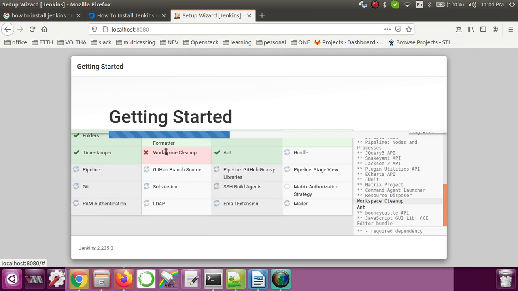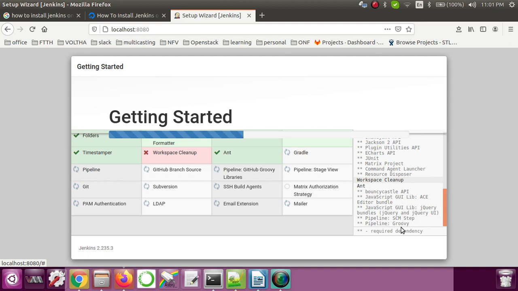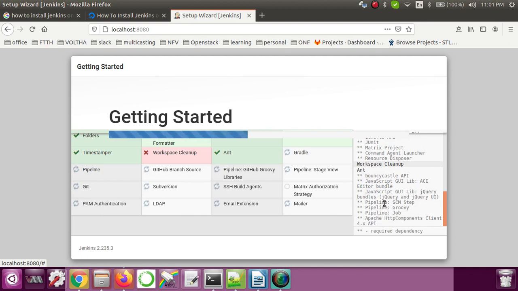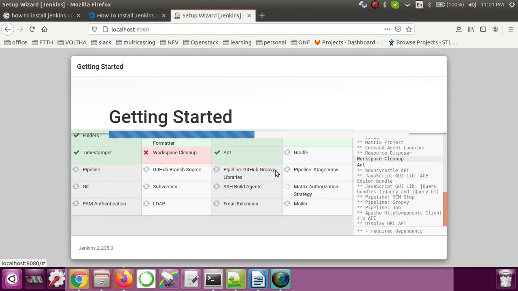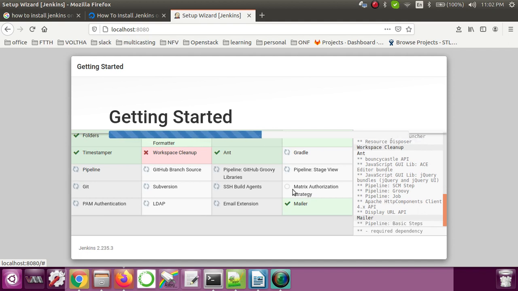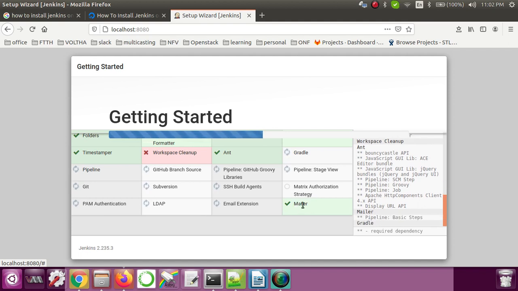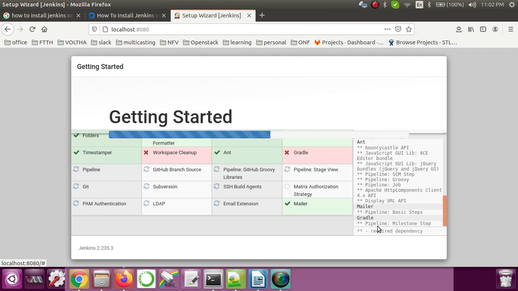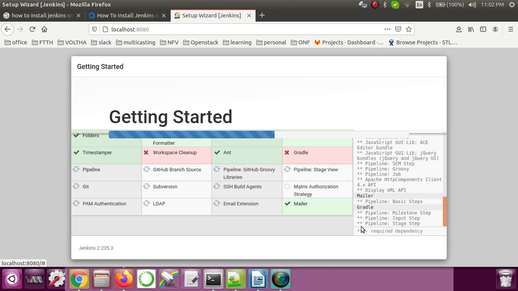It is facing some problem, but apart from that, Ant is successfully installed, jQuery is installed, JavaScript GUI is installed, Groovy SCM is installed. Here you can see that Mailer is also completed. Gradle is failing with some problem, it is not completed.